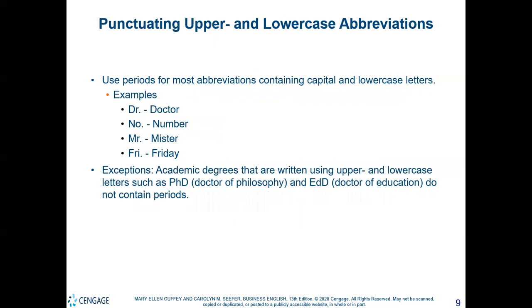Punctuating upper and lowercase abbreviations. Use periods for most abbreviations containing capital and lowercase letters. Examples: Dr., doctor. No., number. Mr. Fri., Friday. Exceptions: academic degrees that are written using upper and lowercase letters, such as PhD, Doctor of Philosophy,